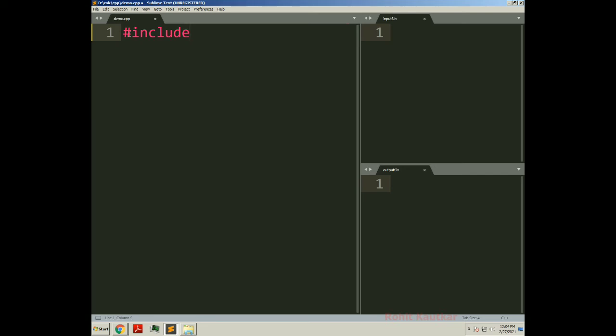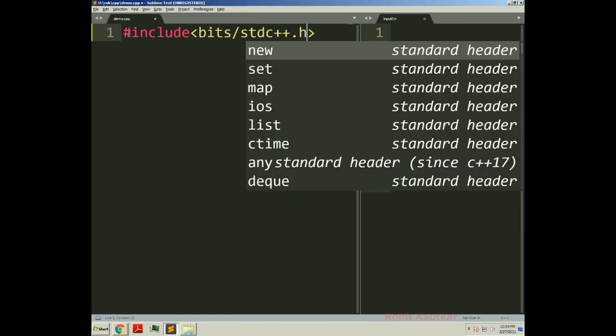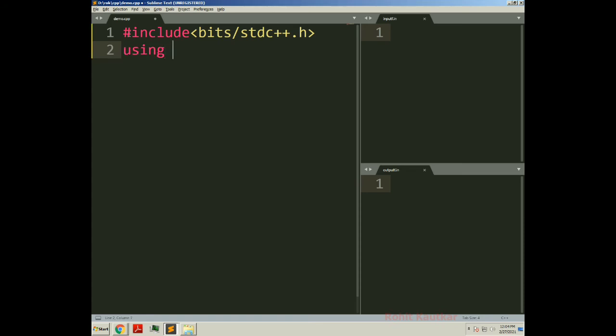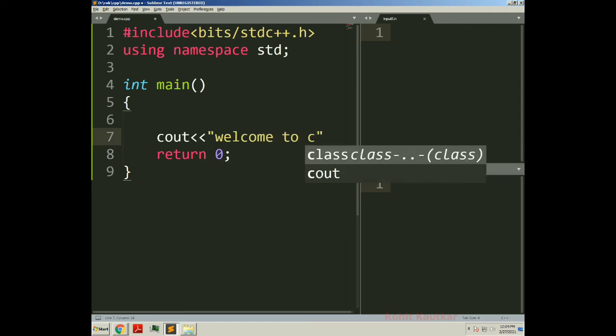First of all I have to include my header file bits/std.c++.h, using namespace std. Then I will create the main function, return 0, and I will write one statement, welcome to C++.